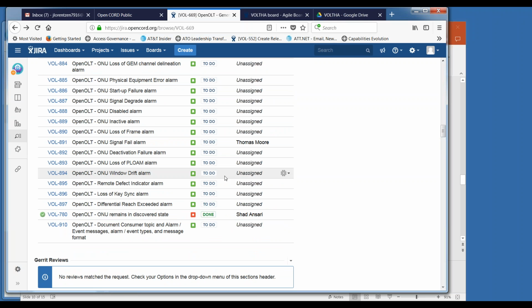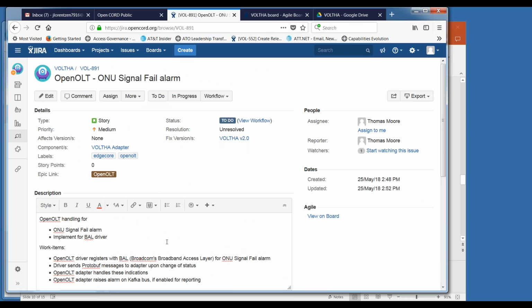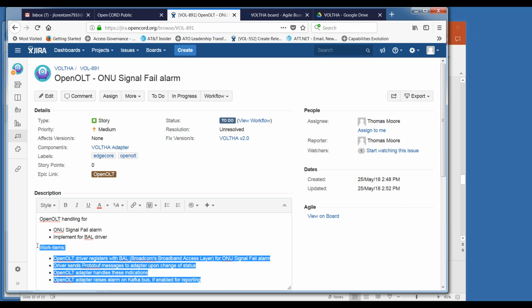So the ones that we have open in that category right now are all in this similar format here. It's for the adapter, basically getting that alarm generated and then connected up to the Kafka bus eventually. So we've got the steps. And I think all of the new ones that were entered by Tom follow this format for the user